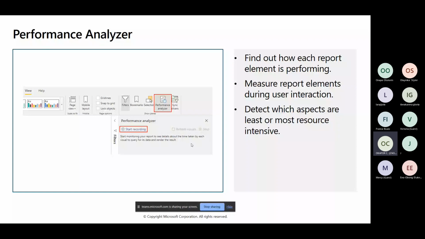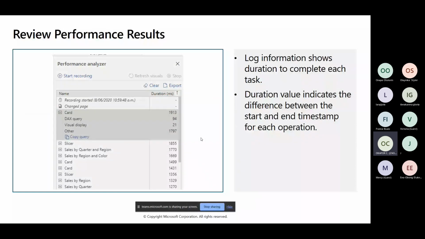Now, by the time you use your performance analyzer to analyze your visual, this is what it looks like at the end of the day. It's telling you, okay, this type of visual, this is a card visual. And then for the DAX query, it's taking me 94 milliseconds, right? My visual as a whole is taking up to